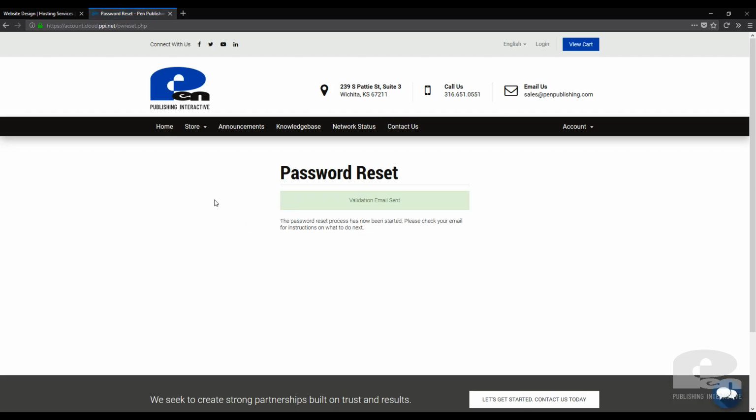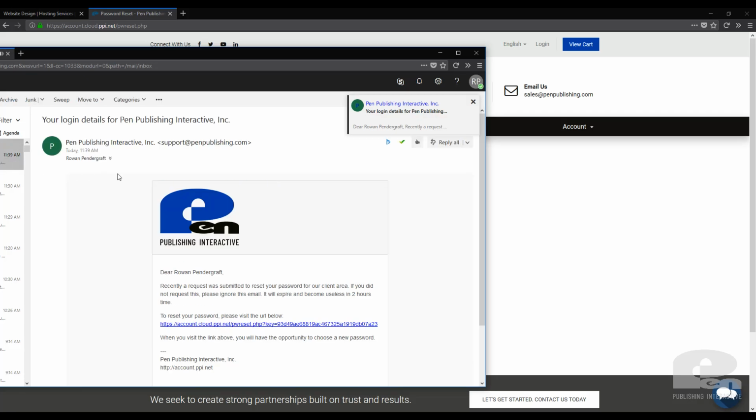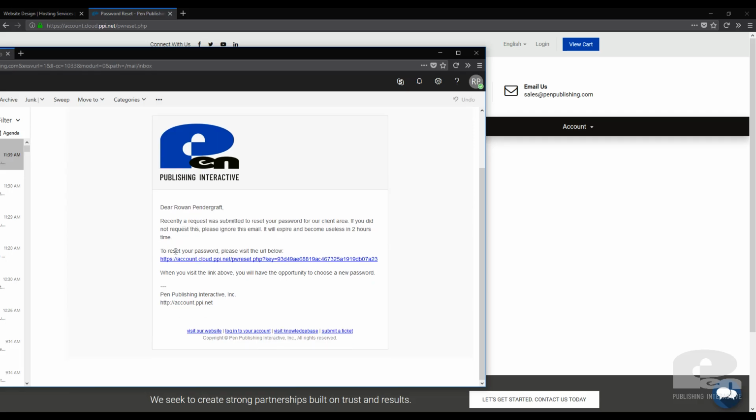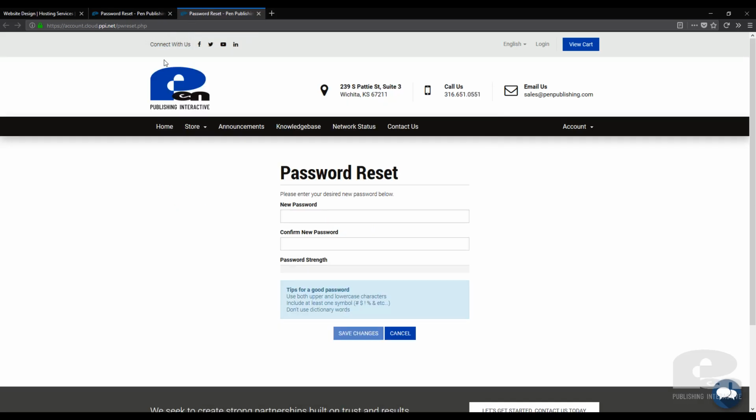And now what this is going to do is send an email to reset your password to the email you typed in. So go ahead and open up your email. I've already gone ahead and done this, and you will see now that I have received an email from support@pennpublishing.com. And then here it should have your name as well as a link you can click on to reset your password. So go ahead and click on this, and it's going to open up a new window, and it'll